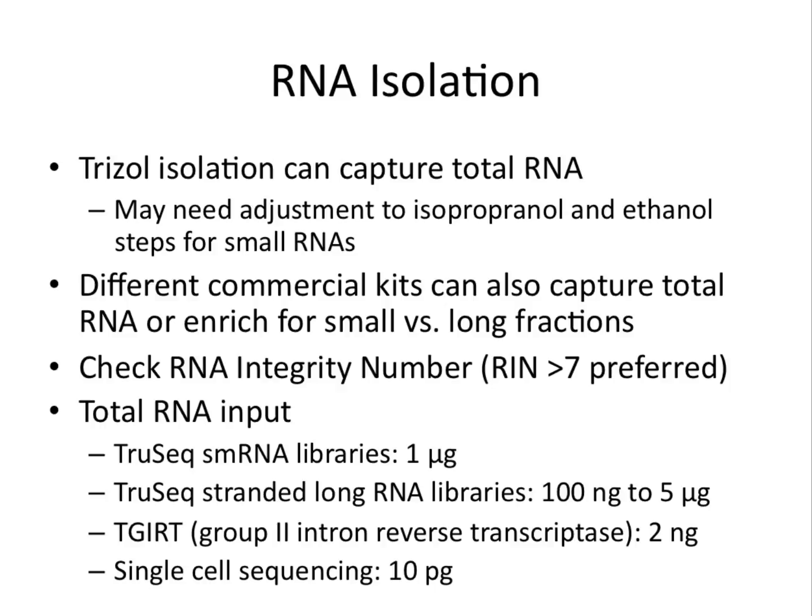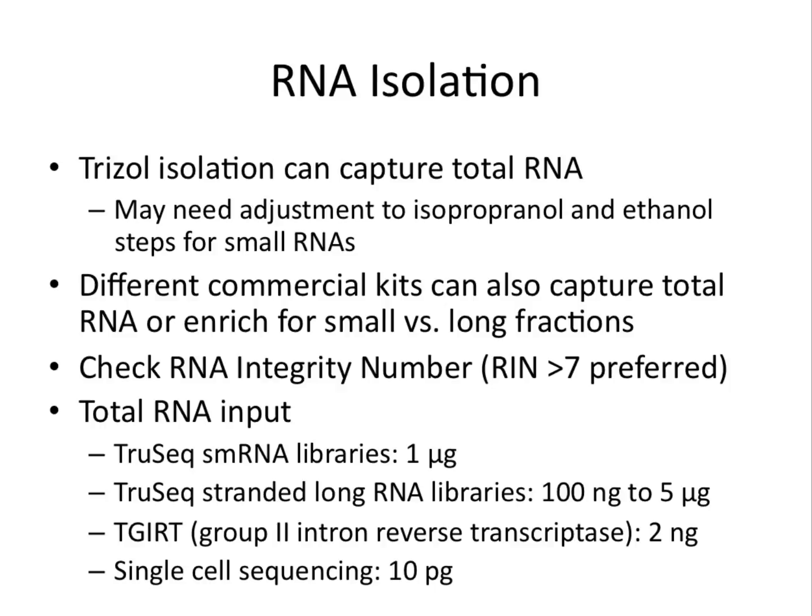Regardless of the method of RNA isolation you want to use, your total RNA should have an RNA integrity number, or RIN number, greater than 7 to ensure that you're sequencing mostly high-quality, undegraded RNA. RIN numbers can be assessed on a bioanalyzer, a process that can be performed at most campuses. With a low RIN number, you may have reads with significant 3' bias, which may decrease confidence in your downstream analysis.